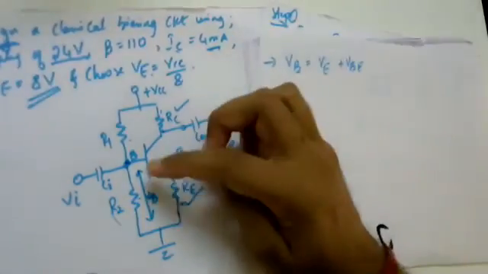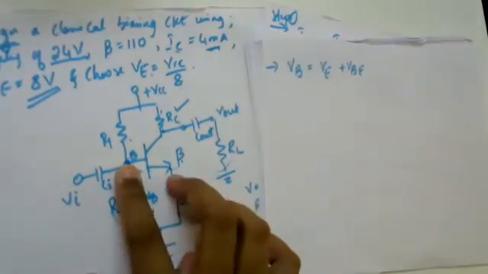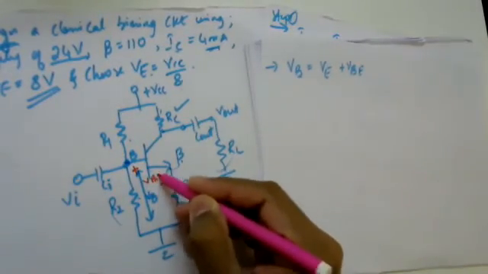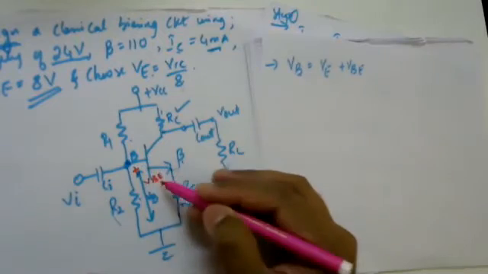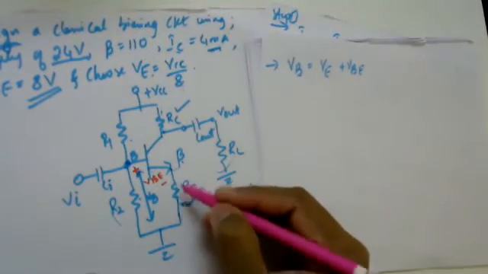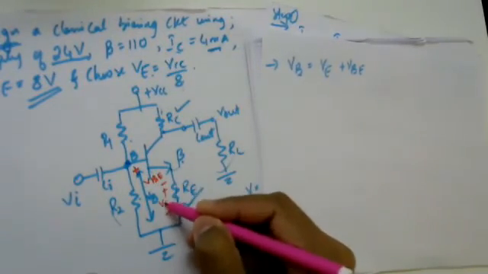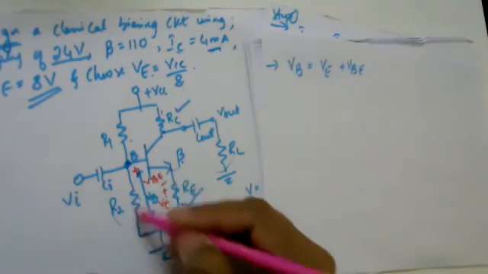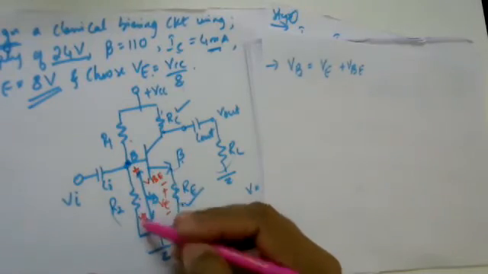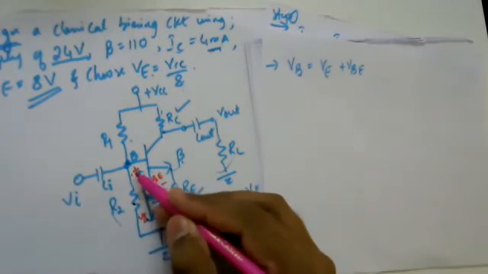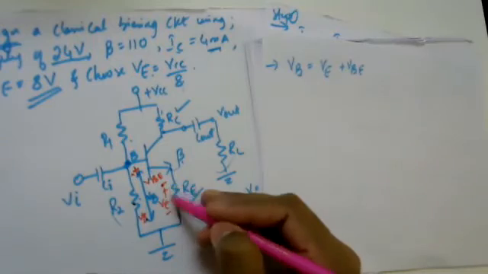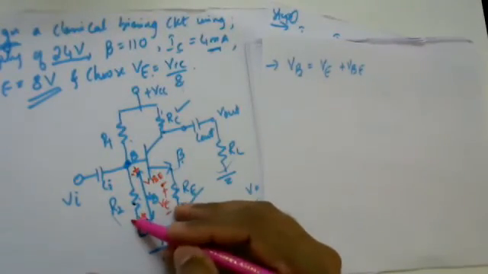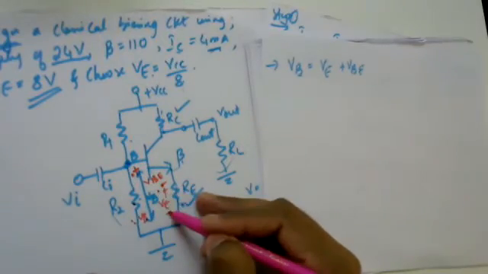Those two drops are what? Your base to emitter voltage drop, VBE. This is positive, this is negative, VBE. Okay, this one drop it is feeding. Along with that, it is also feeding the drop across your emitter resistance, VE. So this itself will be your VB. So VB being your source, it is feeding a base emitter drop plus your emitter drop. Understanding? Then how can I write VB? VB is equal to VBE plus VE.